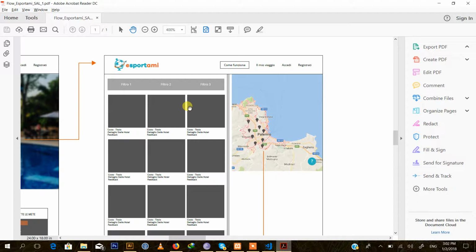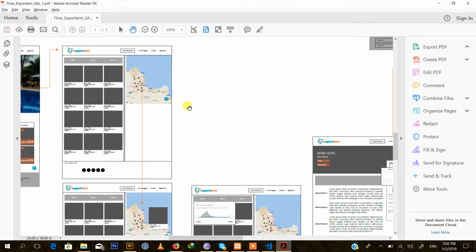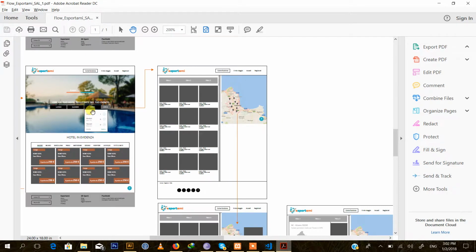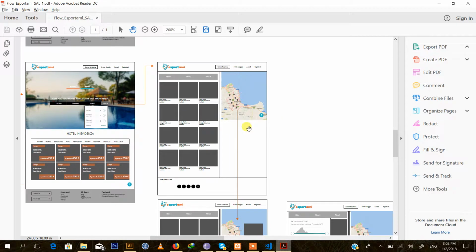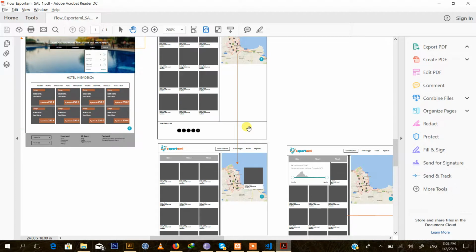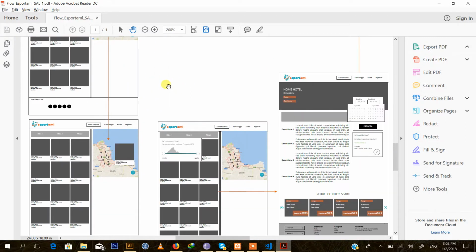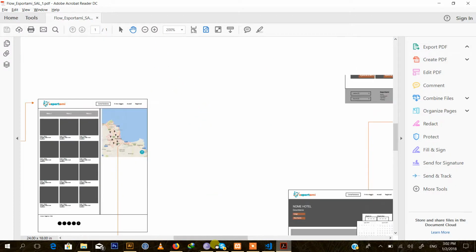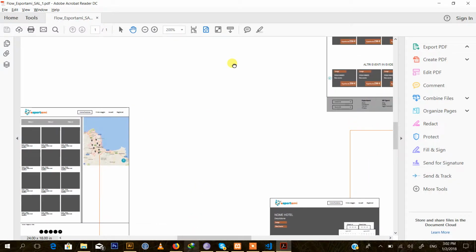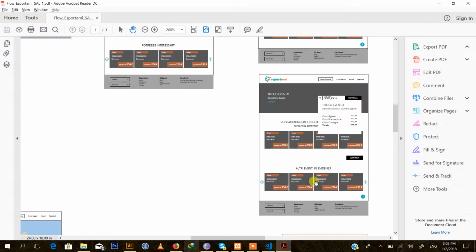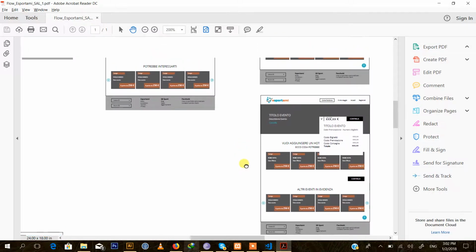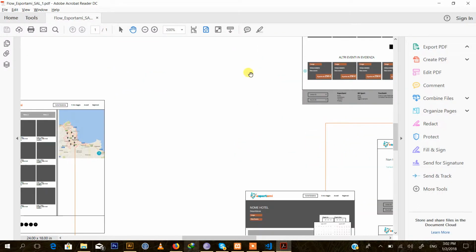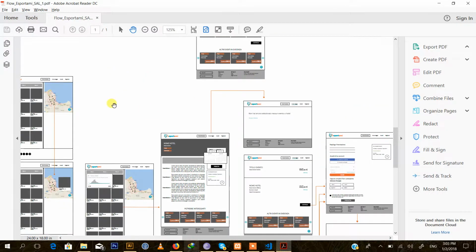So let me zoom out a little. Once someone comes from the search, they will be redirected to this booking page, and when someone clicks on this, their info window will appear, and this is how the prices are appearing. As I have given you the demonstration, these are working properly. So these are the carousels that are working on every page. So let me zoom out a little. Okay,